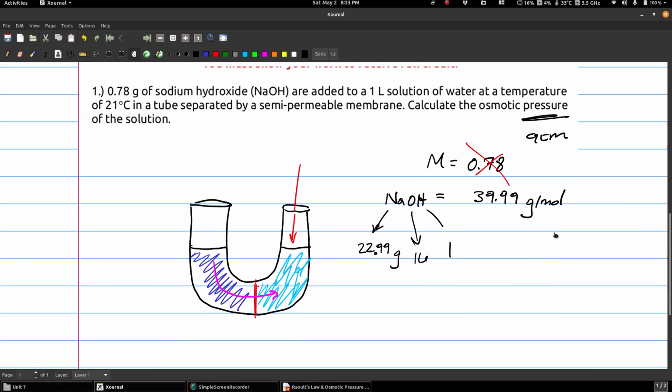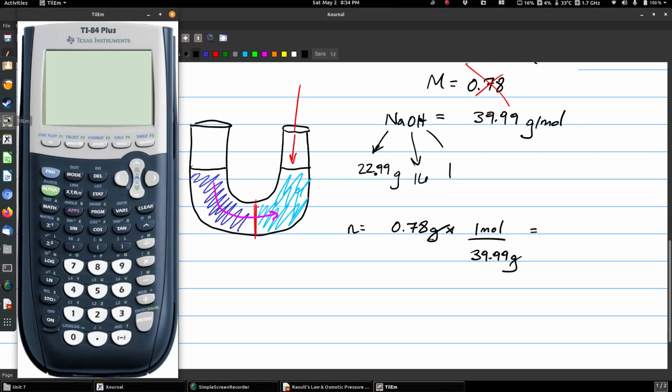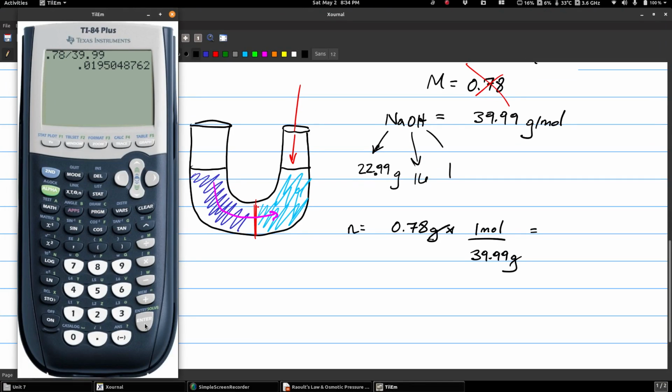Sorry, I lost my train of thought. So anyways, let's convert to moles. n equals 0.78 grams times 1 mole over 39.99 grams. So your grams cancel. Let me pull the calculator up. So you have 0.78 divided by 39.99, and your answer is going to be 0.0195, which that last decimal is kind of excessive, so you could just go with 0.02